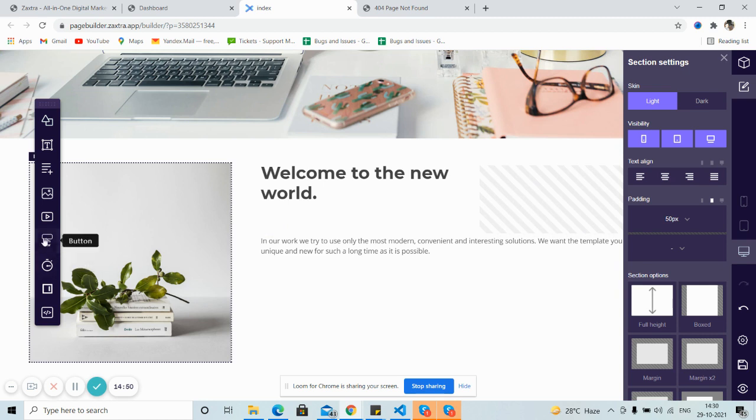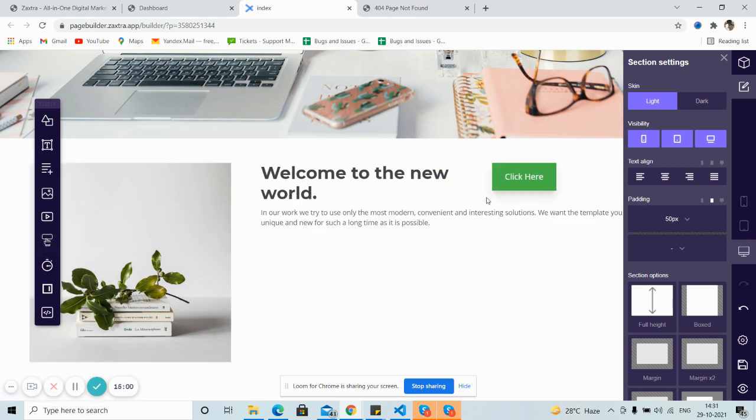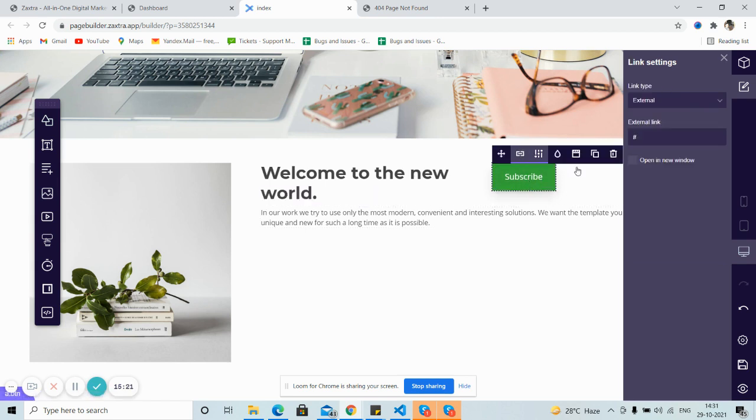Now I'm going to show you how to add a CTA button. Just go to a block where you want to add a CTA button. Like in this block, I want to add a CTA button here. I'll just grab the button. I'll just take it here and it's added. You can change the content again as per you want. Like I'll put sign up form or subscribe. Once it is added, you can change the CTA settings with this tab. You can just enter the hyperlink and it will be added.